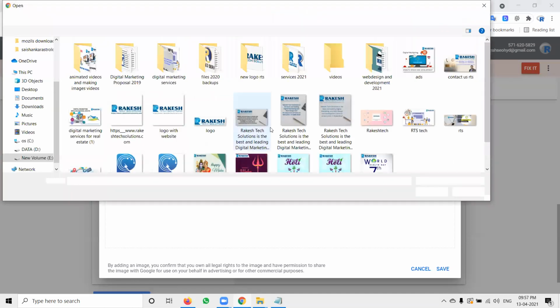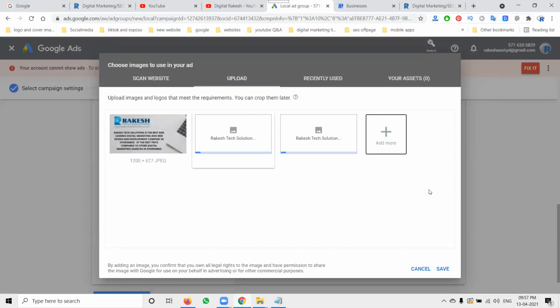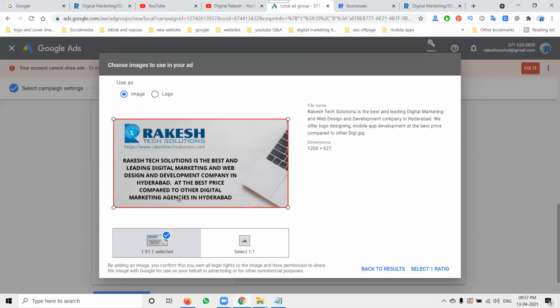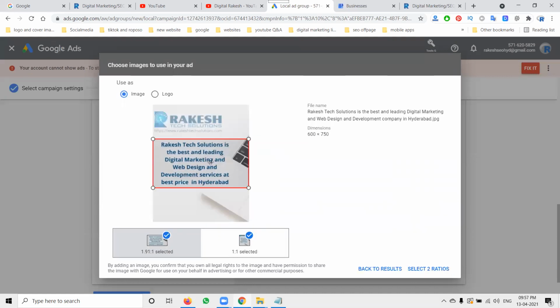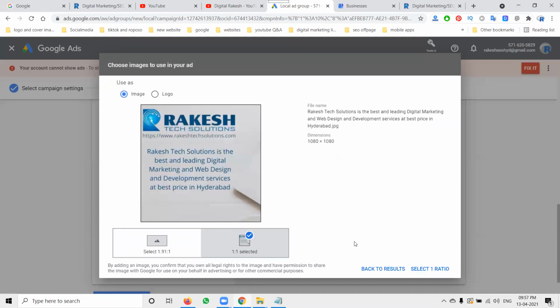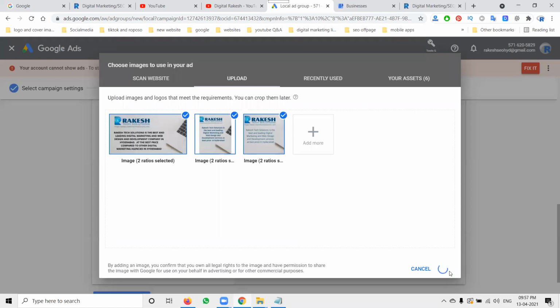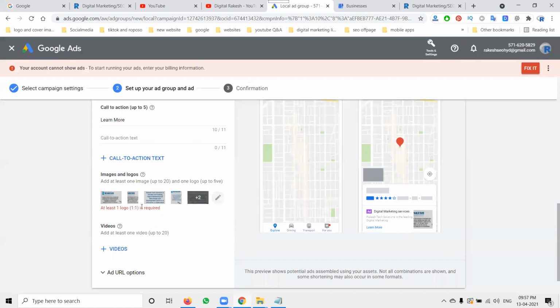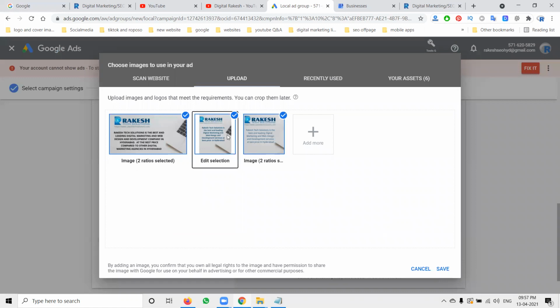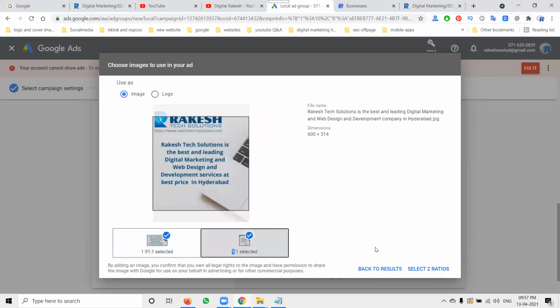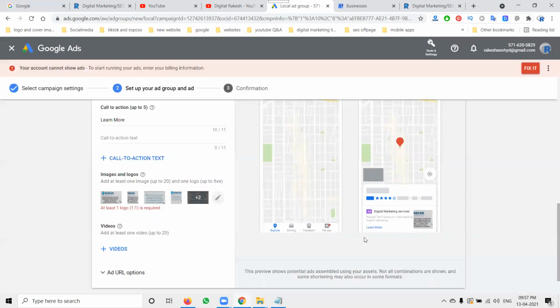See the parameters to follow when uploading images. So I'm selecting the images. Okay.